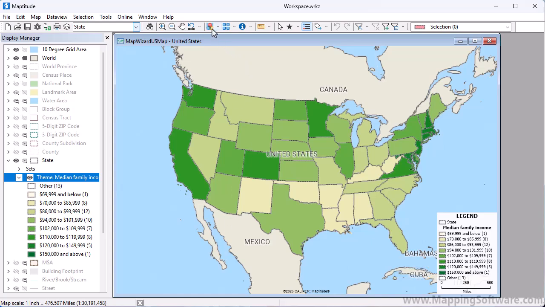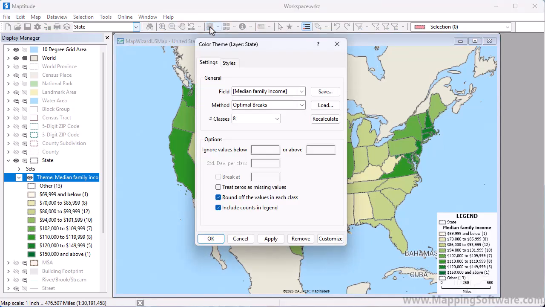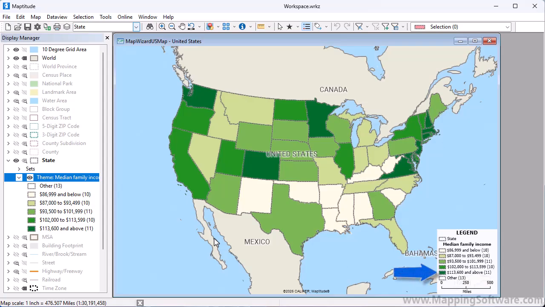There are many ways that you can customize a color theme. You can change the method for creating the classes, change the number of classes, or even specify the exact values of the classes by clicking Customize. For example, I can divide the states into quintiles by choosing equal number of features as the method and 5 as the number of classes. The states shown in the darkest color are in the top 20%, and states shown in the lightest color are